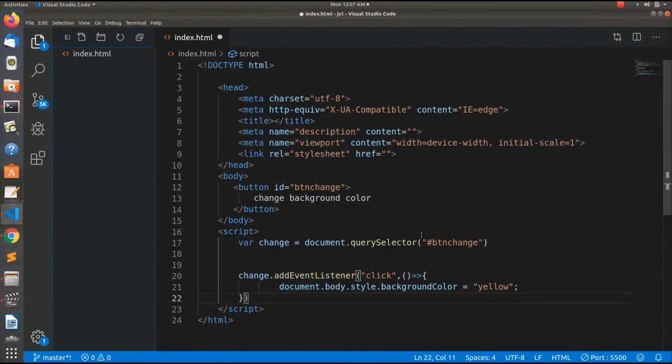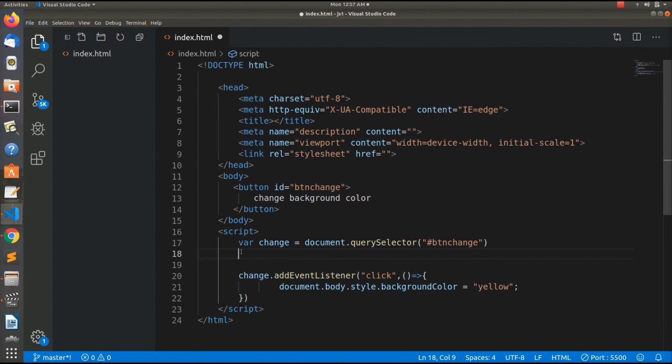Now what we want is to display different colors on each click of the button. For that we have to create a list of various colors, and also create a functionality that would display different colors here on every click. So first of all we need to create an array. Now what is an array? An array is a collection of objects. For now, as this color here is a string, we want to create a collection of strings.